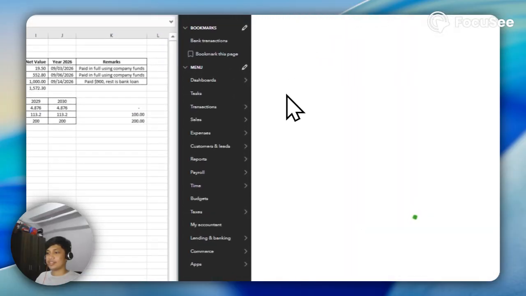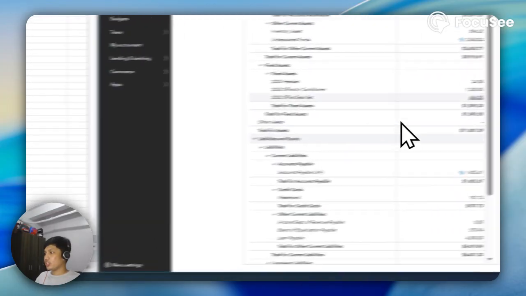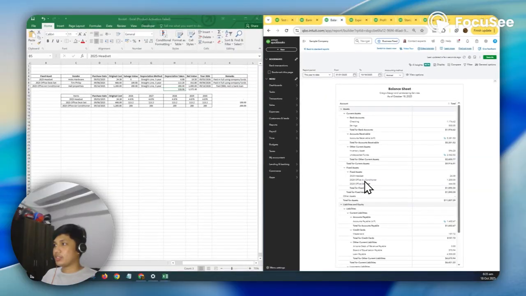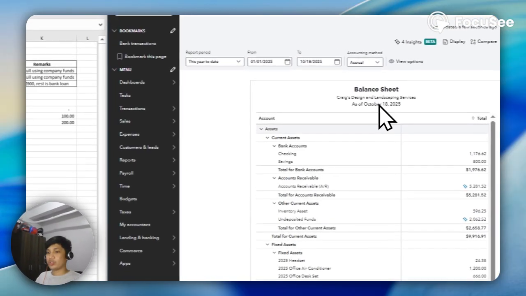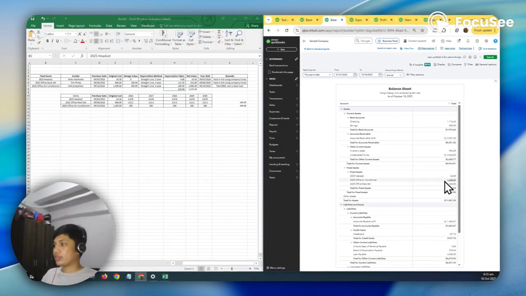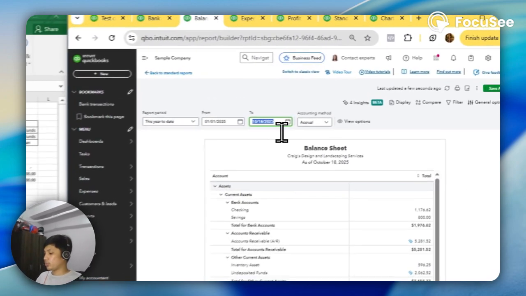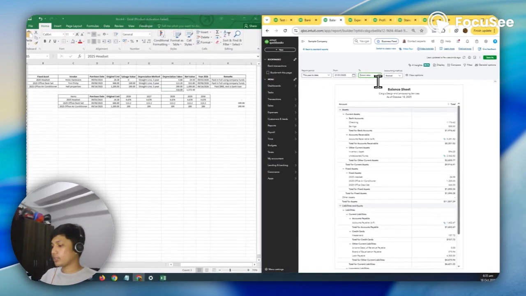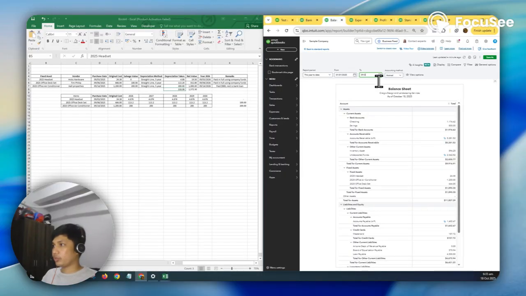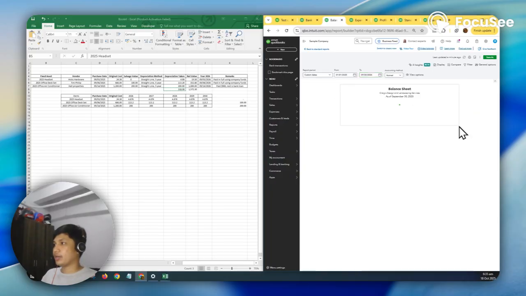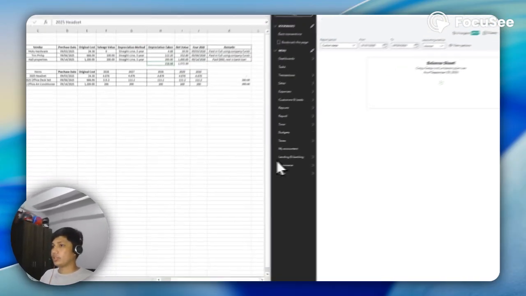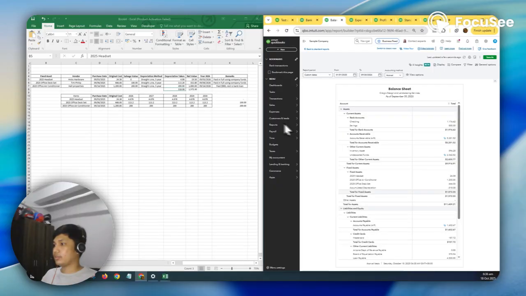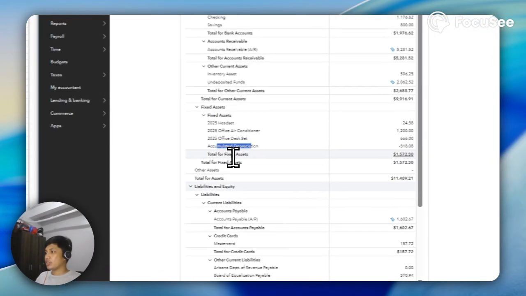Okay, balance sheet. Here, as you can see, this is as of October 18, 2025, and we still don't have the depreciation or accumulated depreciation yet. I'm going to update this to year 2026, so we can check what happened to the accumulated depreciation.